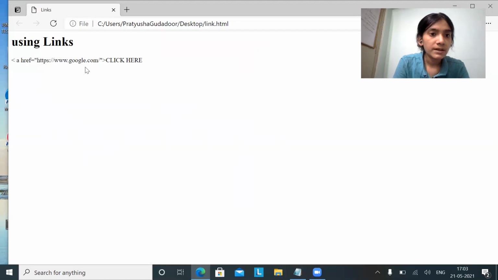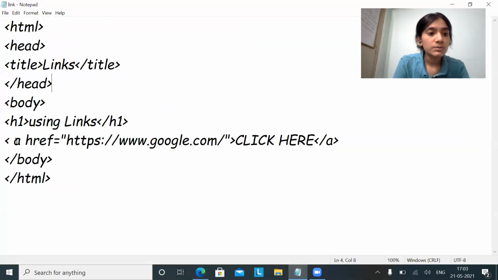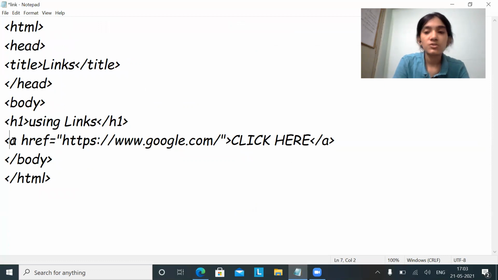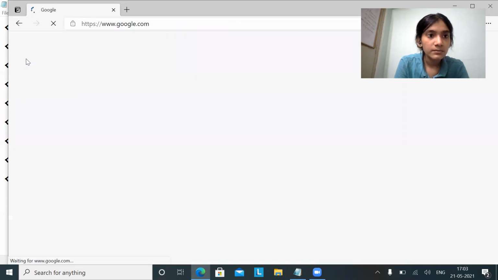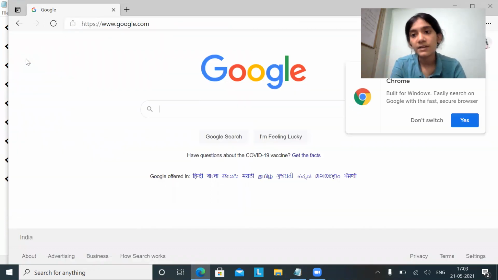Why did this not work is, the A should be with the angular bracket itself. Now let's check it out. So you got a hyperlink here. When I click, it will open a new website, right? So this is the absolute URL.